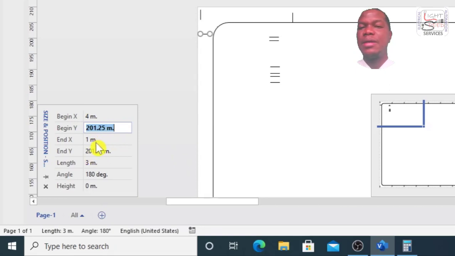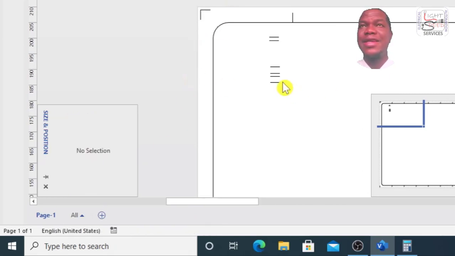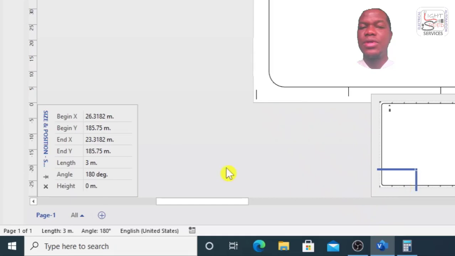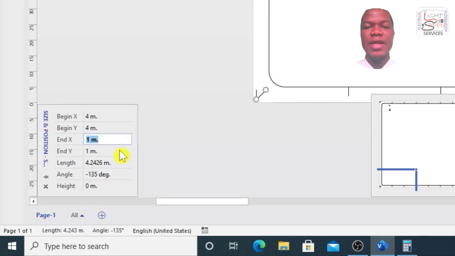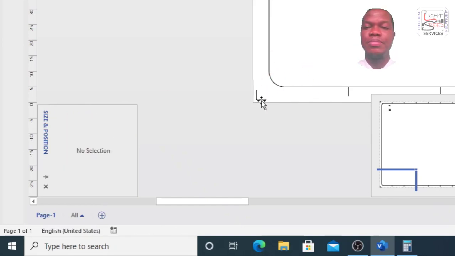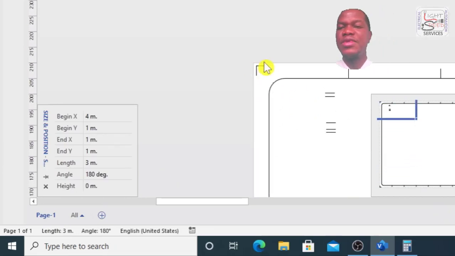And then for the height, 209, 209. On the y-axis, there is no change, so that is why the two figures are the same. Here you do the same to bring another line down here. If you're not sure how to calculate the figures, then you can use these exact figures and this exact page size to create your first one. Then afterwards, when you've understood the process, you can modify it to suit the page size you want to create.